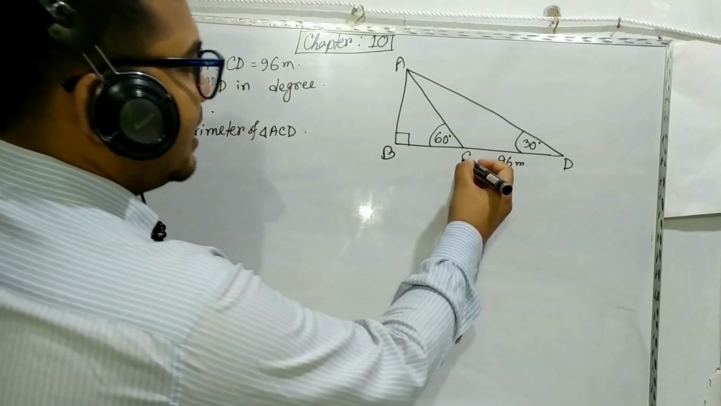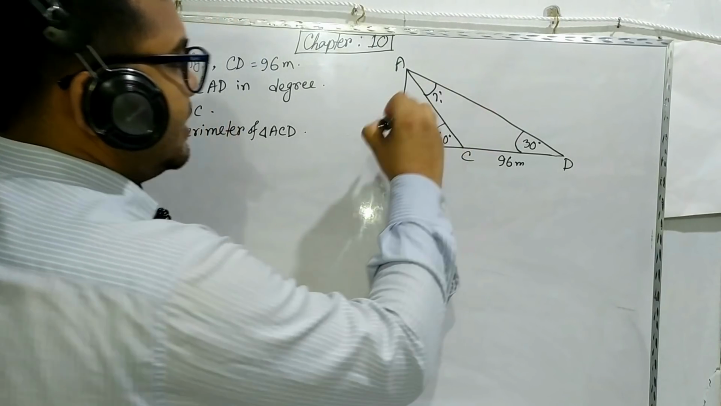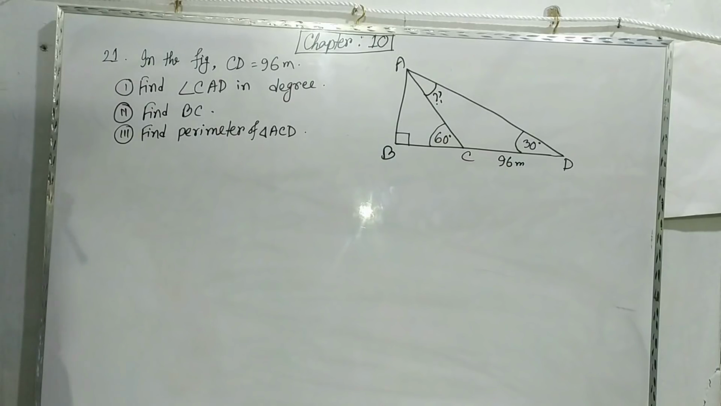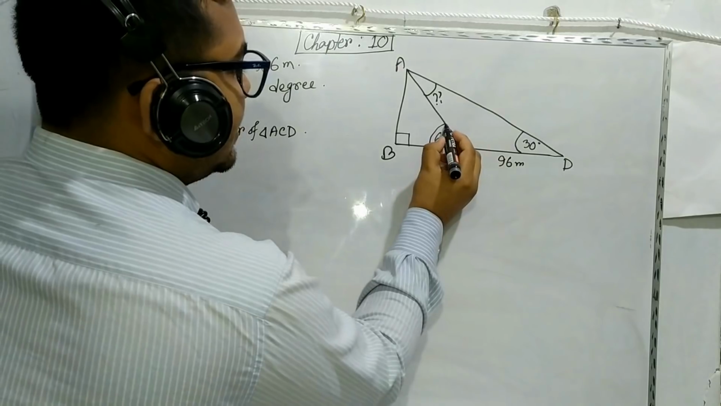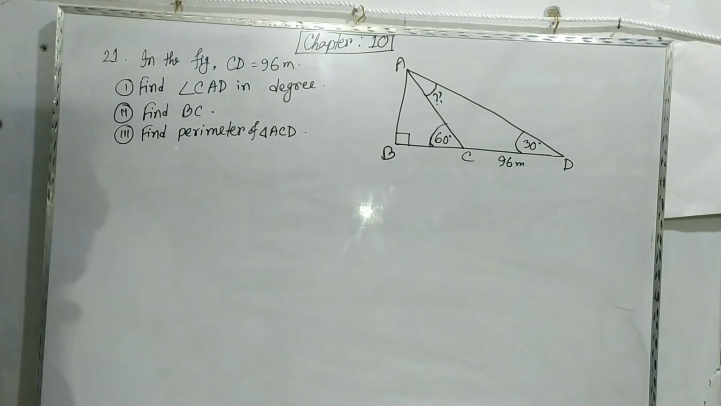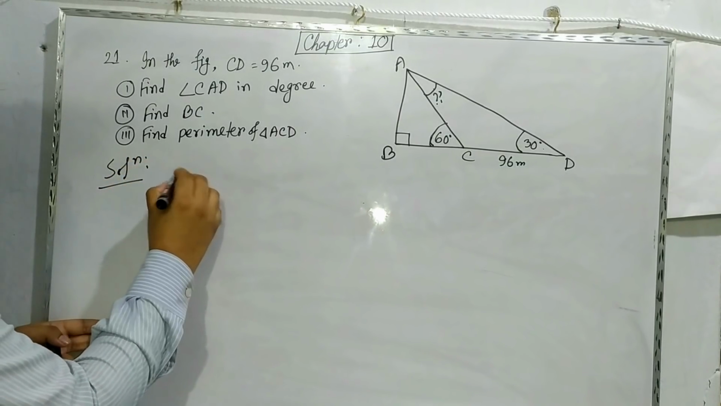What angle actually? CAD. This angle we have to find. By which way we can find this angle? Okay, my dear students, we know that generally this angle is equal to the sum of these two angles. From that formula we can say our solution number 1,